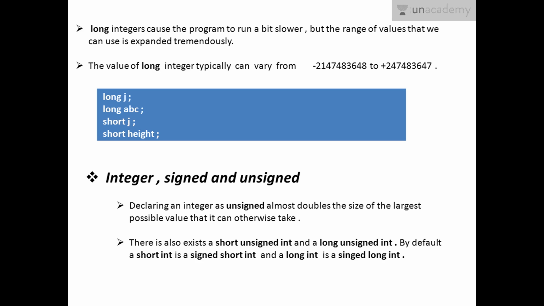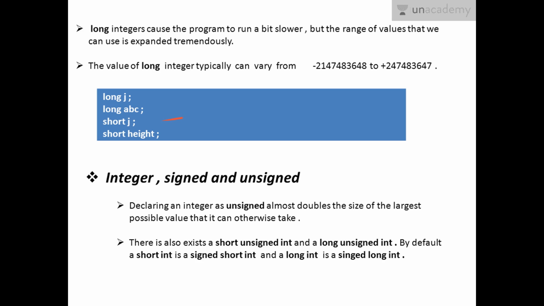But obviously the range is tremendously large for the user. Whatever value you have to store, it can obviously fall into this range. For simple examples, you can write a variable declaration as long and whatever variable name you want to give, and short and whatever short variable you want to give.